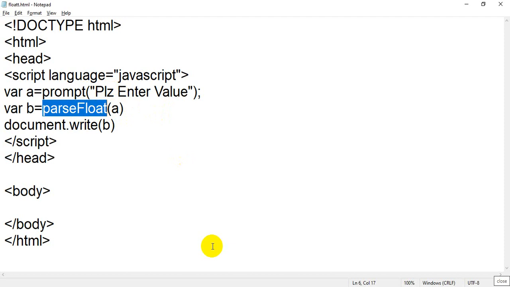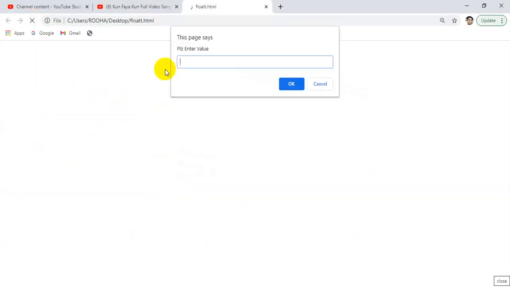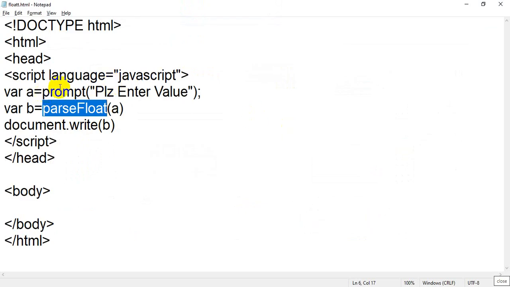First character means, when you write ABC, or when you write AHKA, it's a collection of characters you have written. When you click on OK, this line will accept the value AHKA, which it will store inside variable A. Now by using parseFloat, what is the value of A?